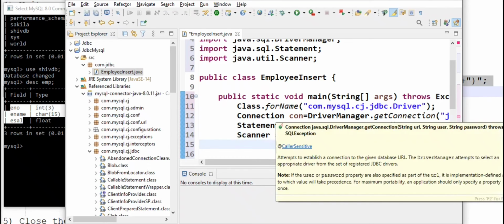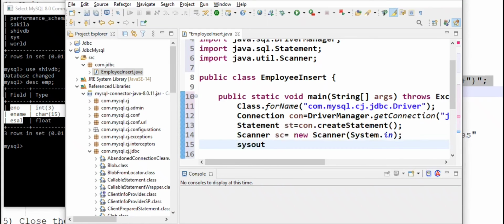We should give intimation in the console about what we have to take input for. So System.out, enter employee name.